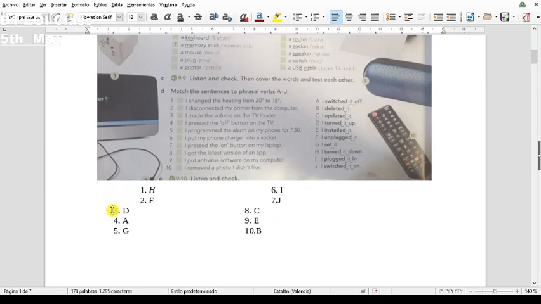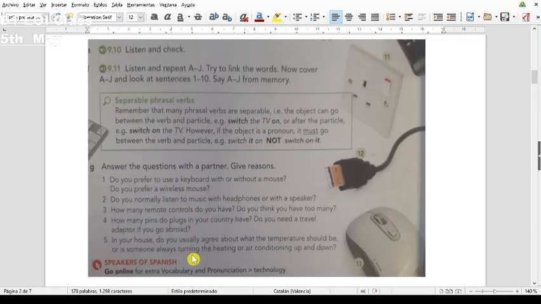Very important. Phrasal verbs regarding technology and electronic devices. Then, now we are going to talk, because we need digital detox, is because we are addicted to that. Then here you have